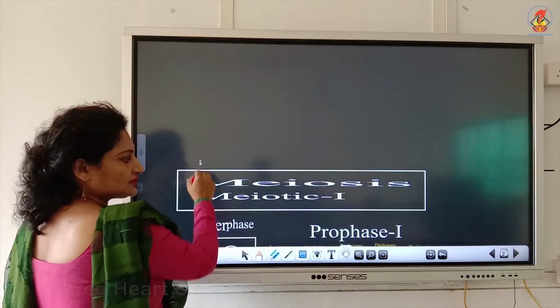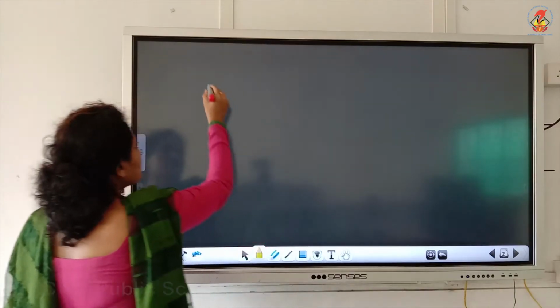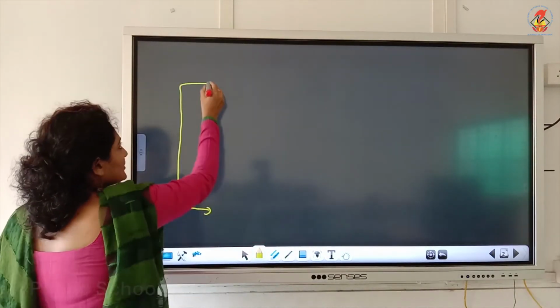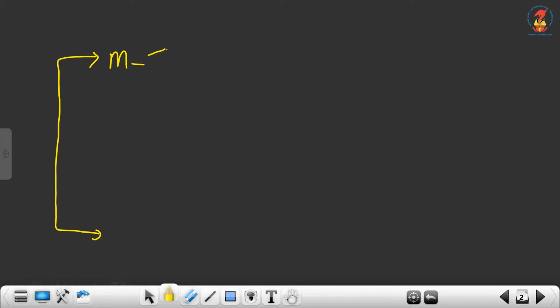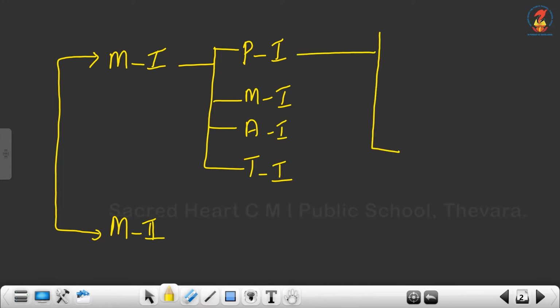We know that meiosis is of very long duration. It comprises two subphases, mainly meiotic division 1 and meiotic division 2. Meiotic division 1 in turn comprises the 4 stages: prophase 1, metaphase 1, anaphase 1, telophase 1. And prophase in turn comprises 5 substages: